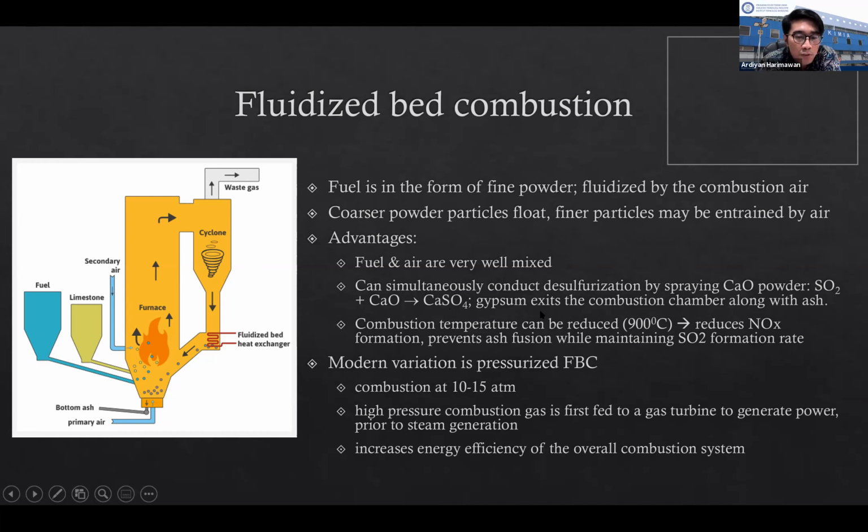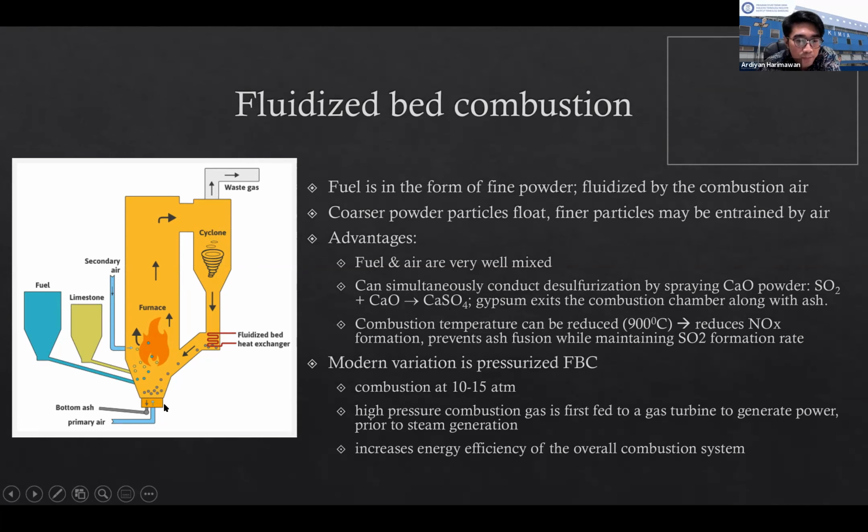So this gypsum will exit the combustion chamber along with the ash, and then before the gas is released, you need to install the cyclone to catch the ash and the gypsum, and then it will go through the bottom part of the furnace together with the